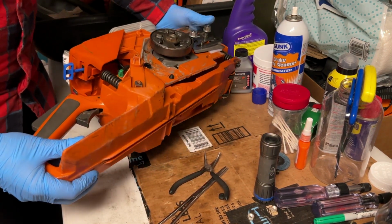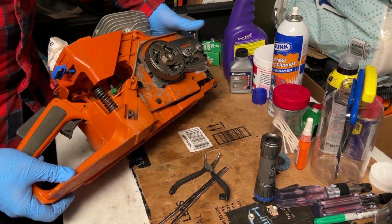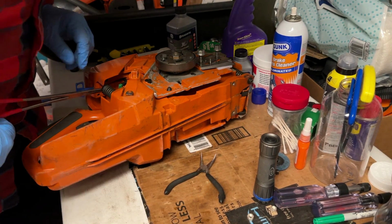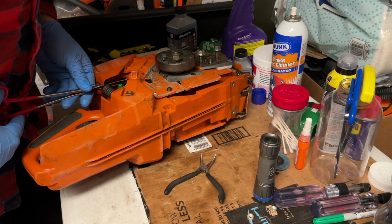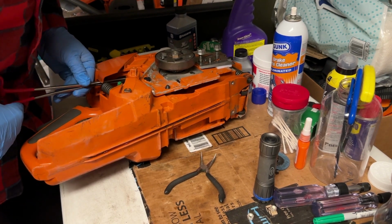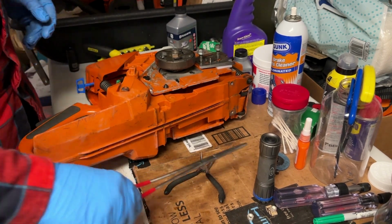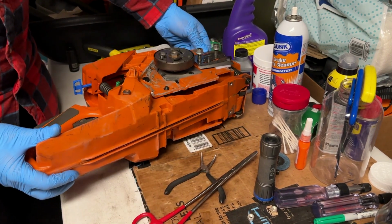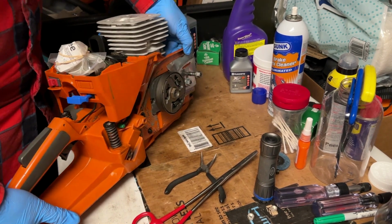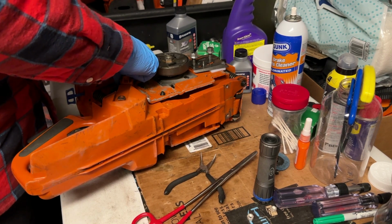So I realize you can't see much of this, but I guess it gives you an idea of what's involved here, and it's done in real time. So at least you know what the kind of time investment is going to be. So it's a little bit hard getting this vent installed because you gotta press it up through there with the,